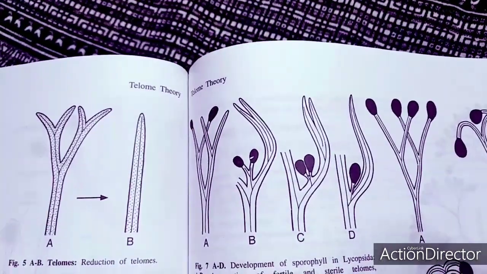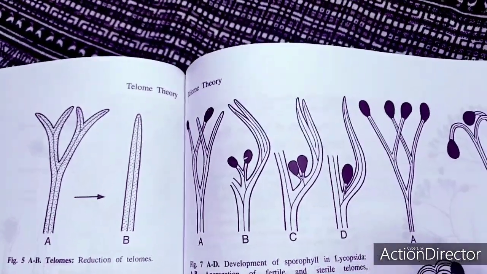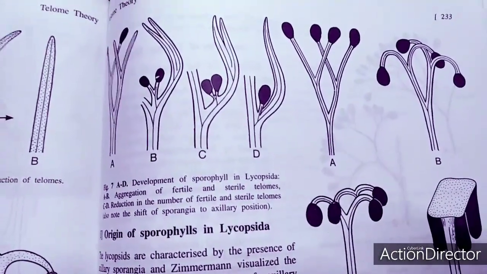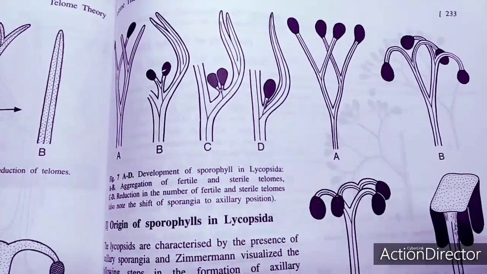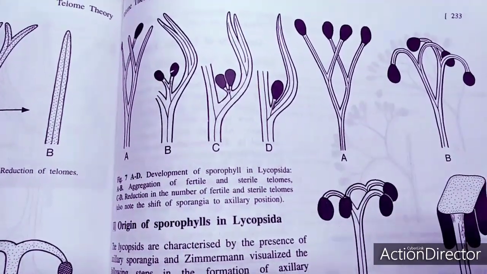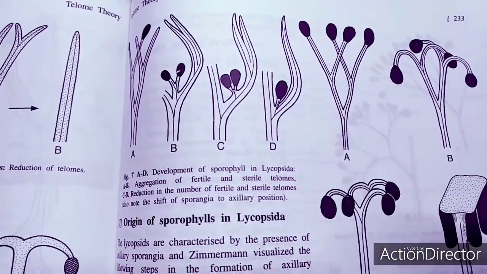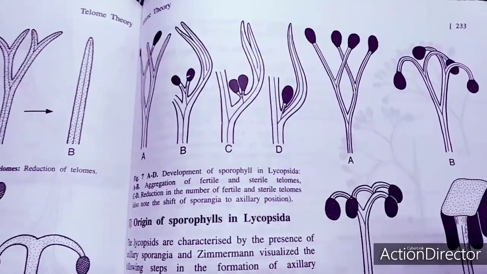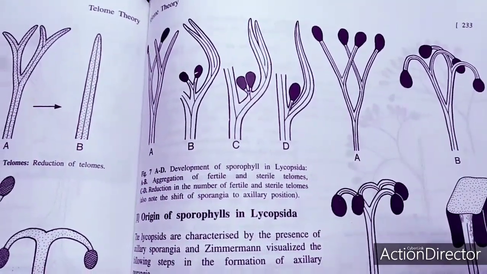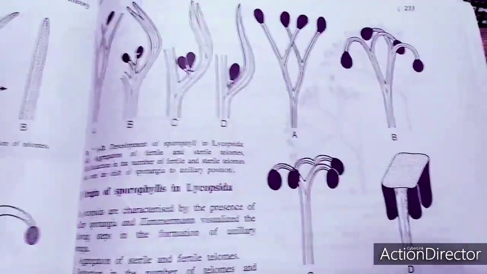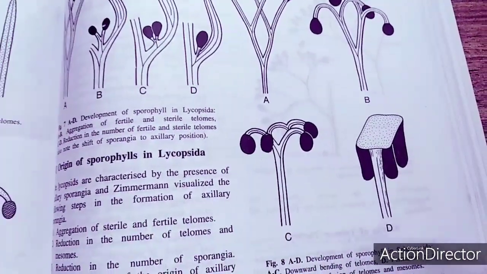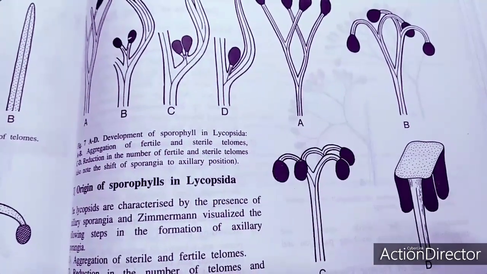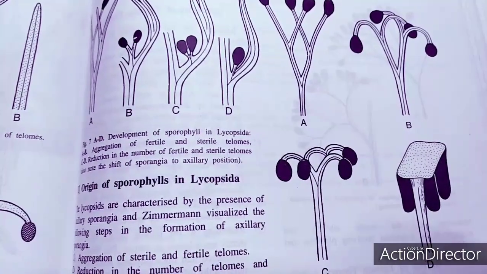Then the second process, which you can find in Equisetum, a Sphenopsida member, shows how the origin of sporophyll has taken place in the Sphenopsida. In Sphenopsida, sporangia occur on the underside of a stalked peltate disc called the sporangiophore. You know that the peltate disc is a characteristic feature of Equisetum. These diagrams clearly show that there is a downward bending, recurvation, of the fertile telome in the first process.